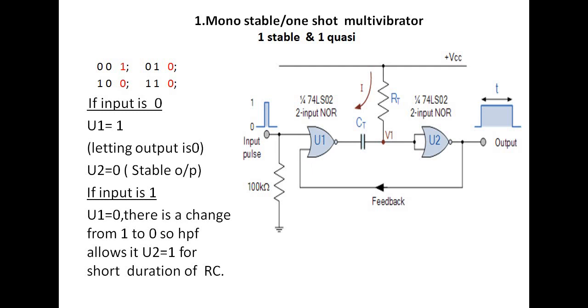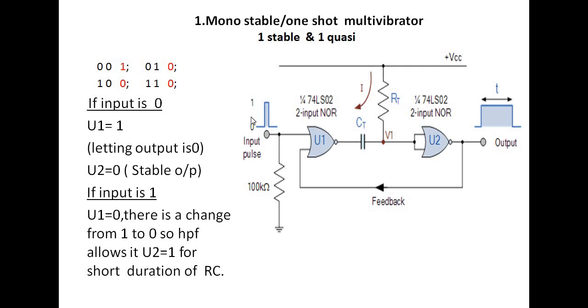Right? And one of the input is left free for us to change the states from high to low. So let us assume the input is 0. If the input is 0, one of the inputs is 0 and another input is 0, 0, 0. For 0, 0 inputs, NOR gate produces output 1, so output of U1 is 1. The same 1 will travel to U2, output is going to be 0.